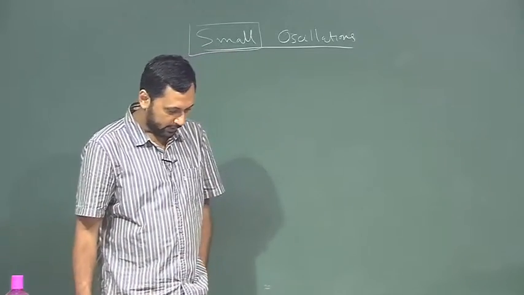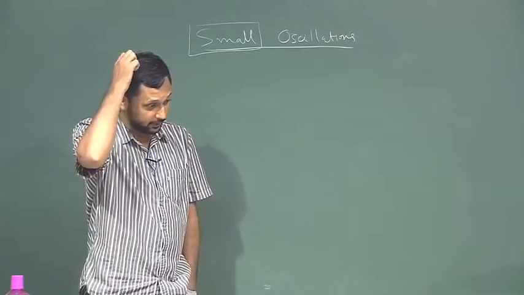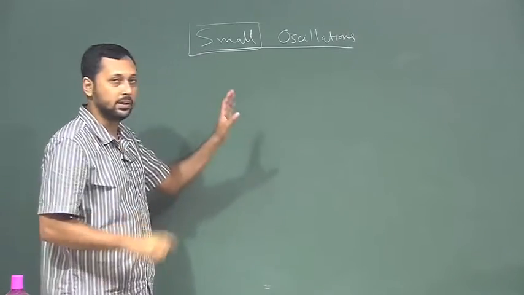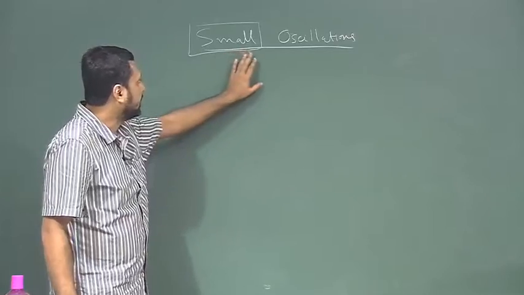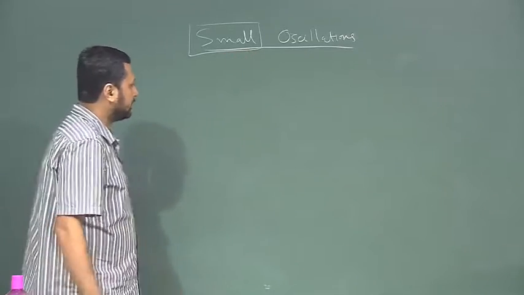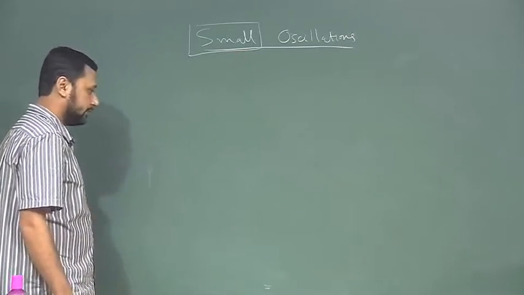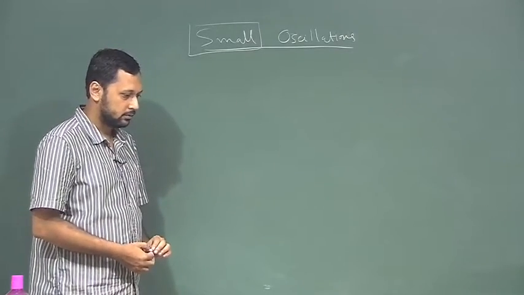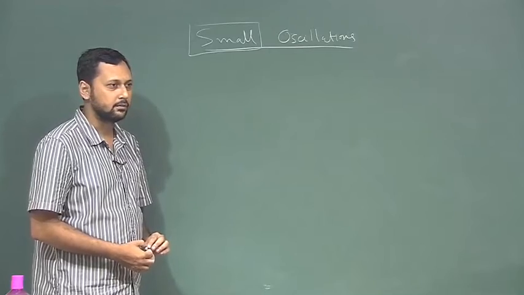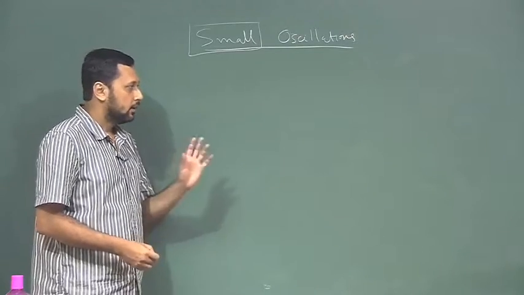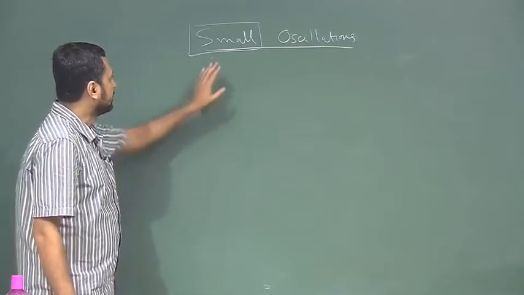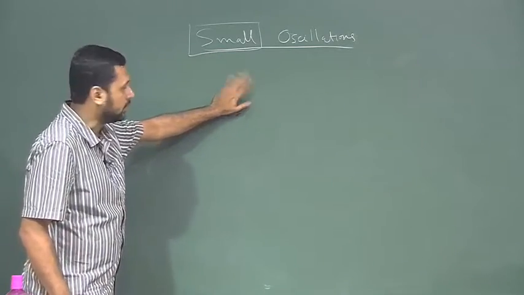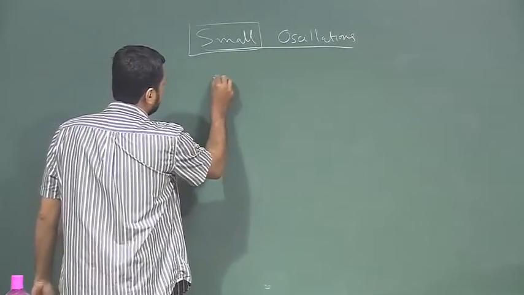So, where is the scale in this system? In the context of small oscillation, first thing is we have to define what is small. So, let us assume that we have a system which has different degrees of freedom. Let us take a more specific example. We will be dealing with systems which are coupled oscillating systems. Okay. So, let us say we have a system which is